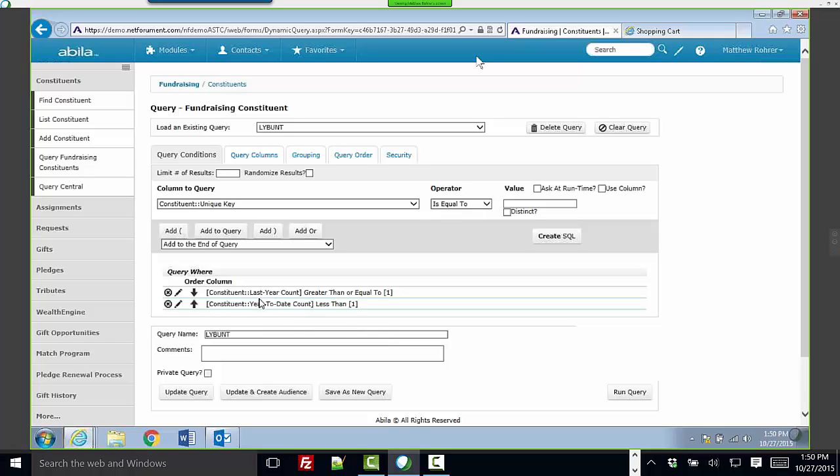We're just looking at that constituent last year count, so how many gifts came in last year. I'm saying greater than or equal to 1. And then the last year, year-to-date count is less than 1. So very simple to do, but this gives you those people. And if we run that query,